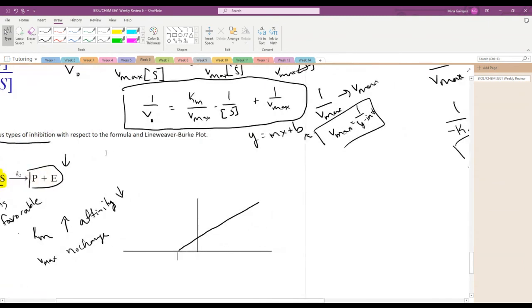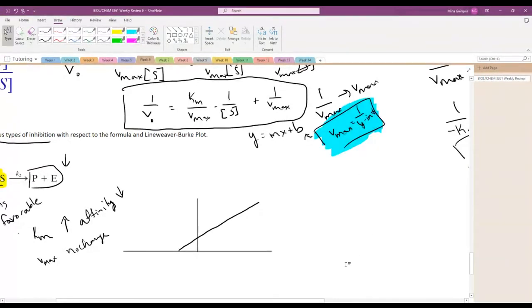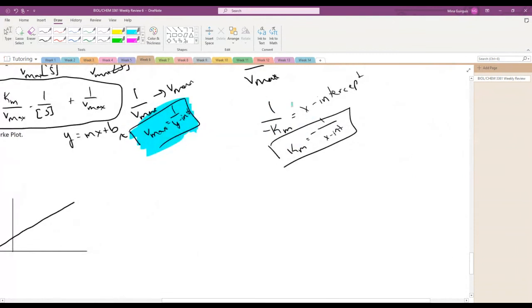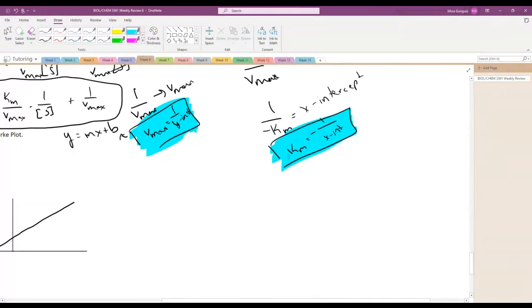So I'm going to highlight, because these are important, in blue: Vmax is equal to 1 over the y-intercept. We've said Vmax isn't changing. In other words, the y-intercept isn't changing. Now we've said Km is -1 over the x-intercept. We know Km is increasing. When Km increases, the right side increases. When we undo the negative, 1 over the x-intercept decreases, in order for that fraction to decrease,